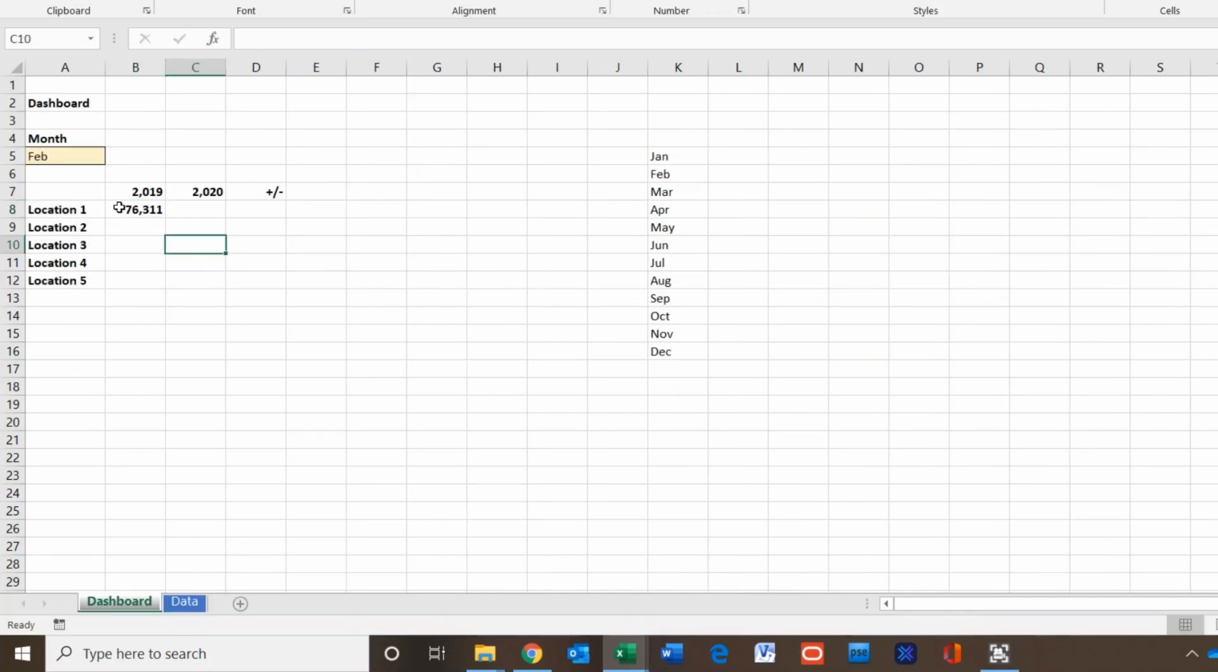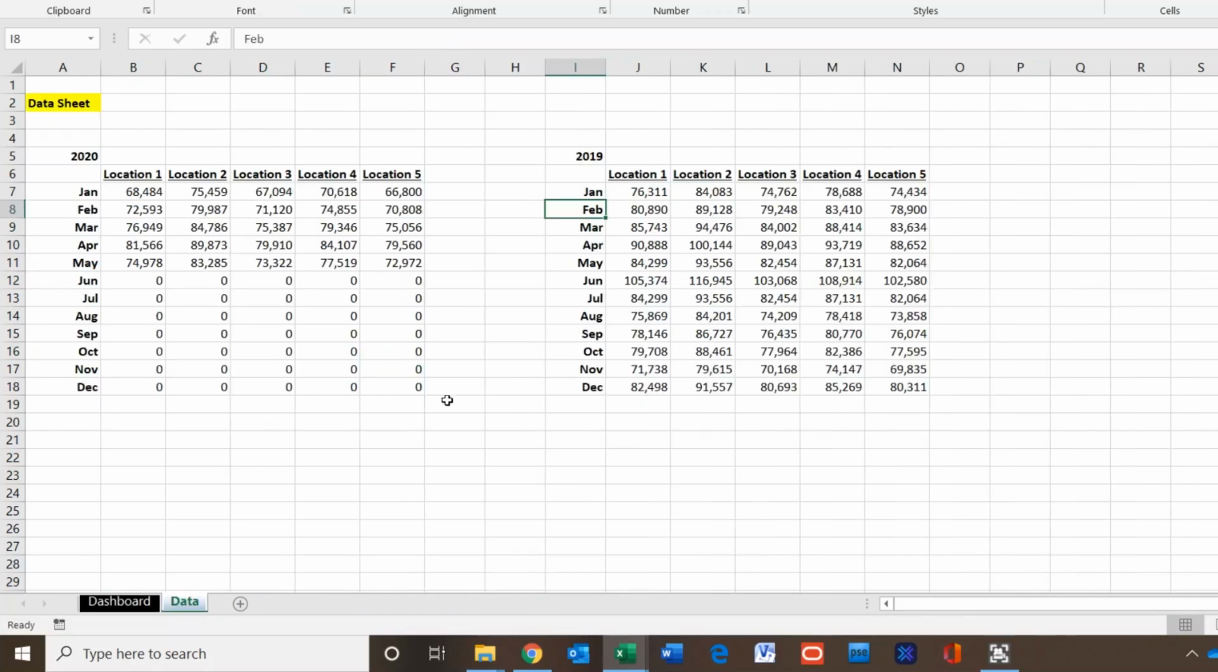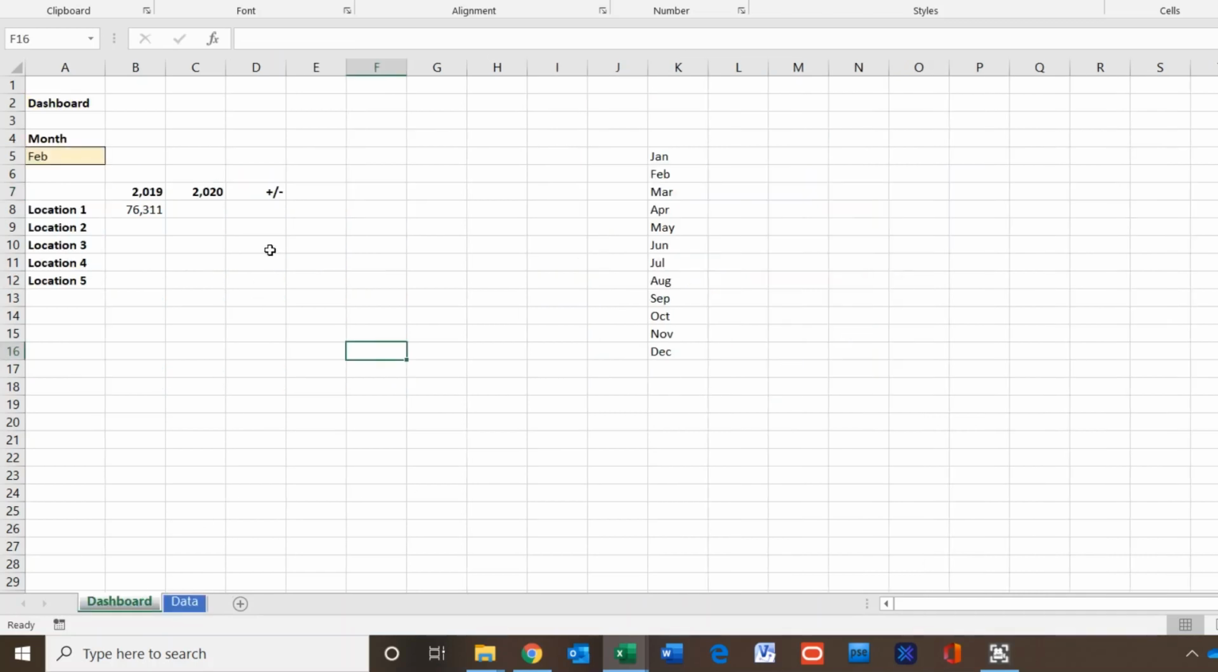And as you can see, it pulled up this number here, 76,311. So let's just double check that. 76,311. Now, when I go to change the month, you can see that nothing happens here. So what I need to do is create a reference telling my formula that this number needs to change as